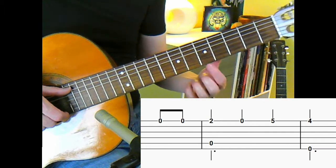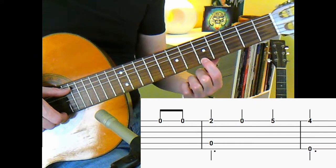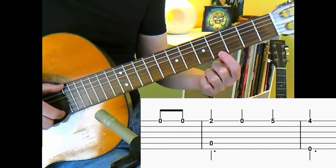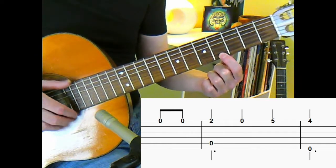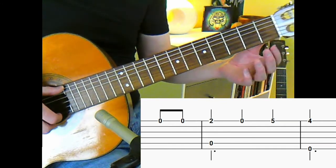Then we move up to fret number 5, and then we drop down to fret number 4. And when we play fret number 4, we need to play the low E string on the guitar, the thickest string. This is the first line of the Happy Birthday melody. If I play that again,